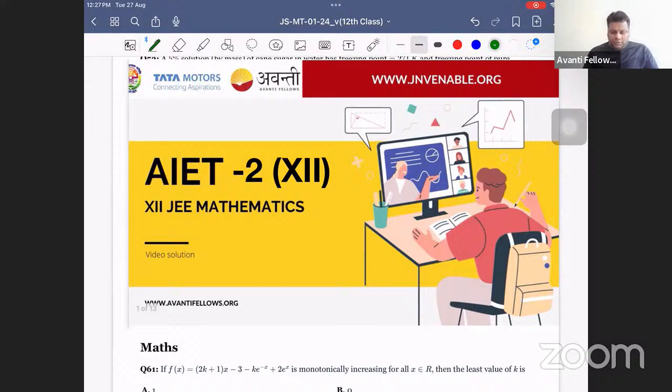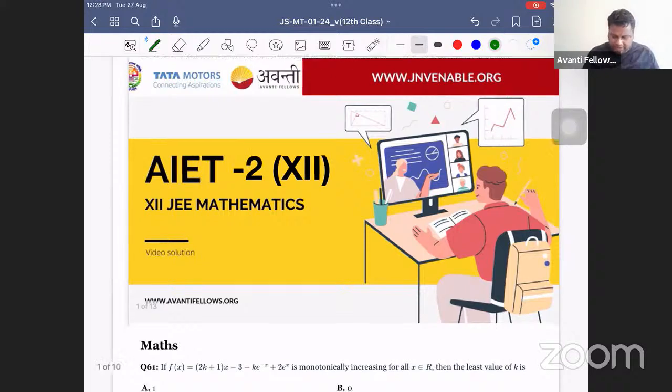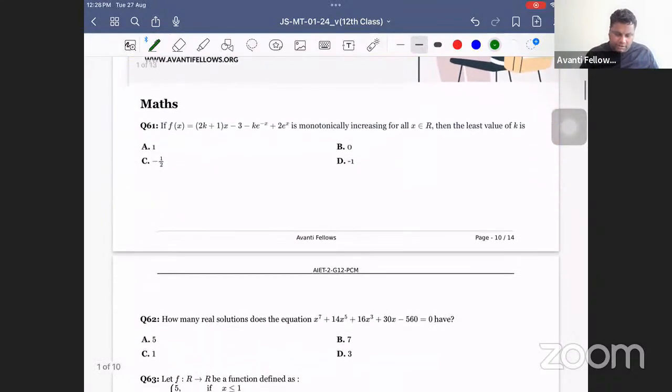All right, students. Today we will talk about the AIET 2, that's 12th class, first of all. Let's discuss its solutions, how the paper quality was, and how you were supposed to attempt it. I'll start with the very first question. The question is,